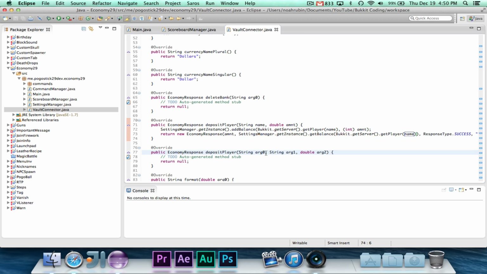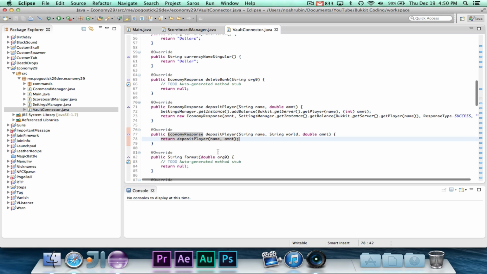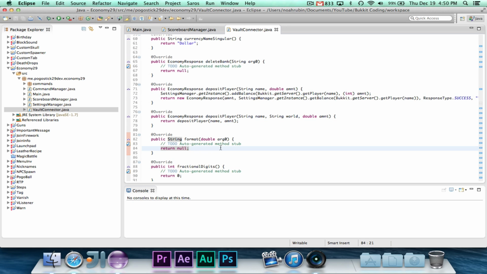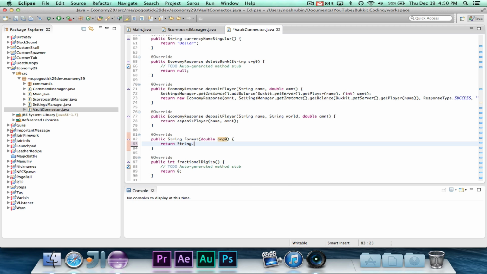And here again, this is the name, world, and amount. And we're just going to say return deposit player name and amount. We're just ignoring world. Now for this string format double, we're just going to say return string.value of amount.